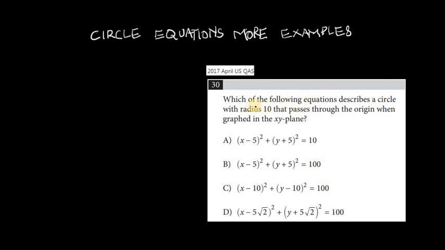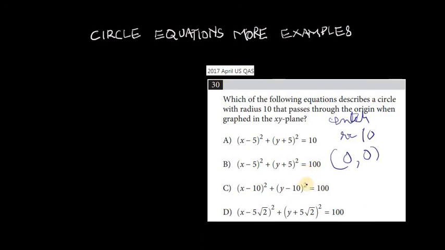So let's just start reading it. Which of the following equations describes a circle with radius 10 that passes through the origin when graphed in the xy plane? What might confuse you in reading this question is that you don't have a center, right? You just know the radius, that's 10, and you know a point on the circle that is (0, 0), that's the origin, but you don't know the center,